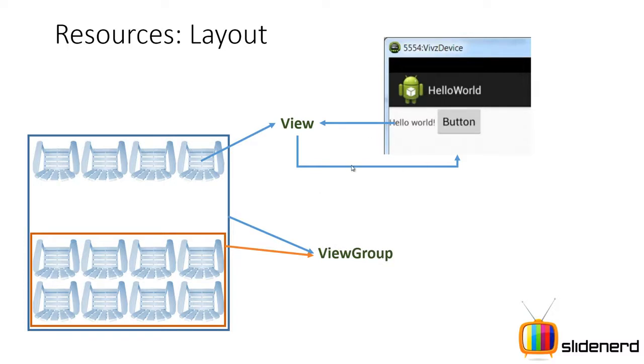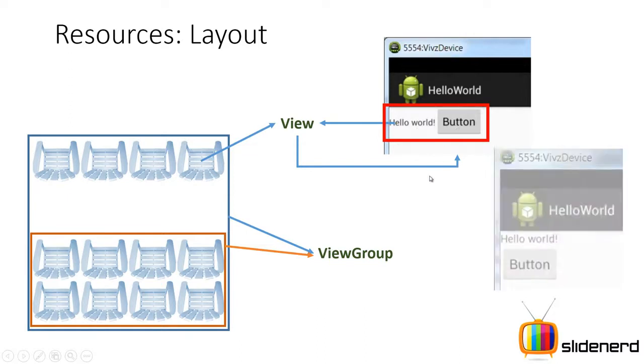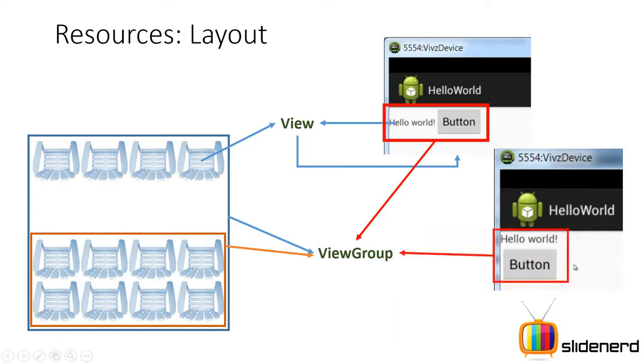And if you see in this example where I have said your hello world and button, this is that red colored invisible rectangle inside which your hello world and your button are arranged horizontally. But remember, they can also be arranged in a vertical fashion, right? Hello world above, button below, and such things are possible because your view group manages the arrangement of views. You guys getting that? So let me go ahead and show you what I'm talking about.